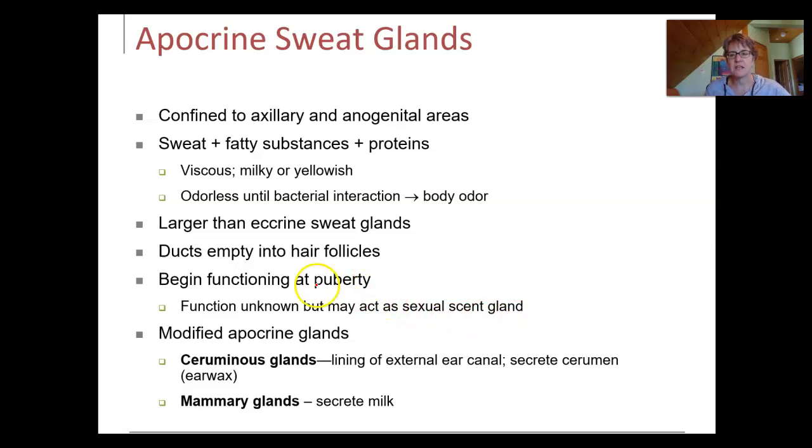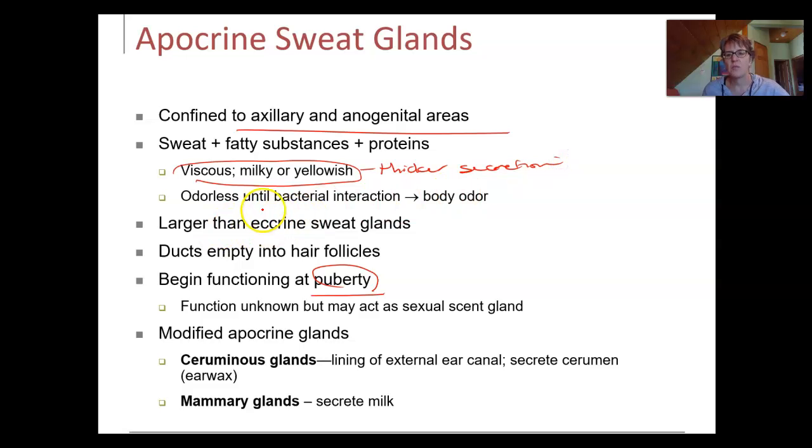Apocrine are the ones that are associated with your armpits and your genital area, active at puberty. They're larger, they're more viscous, thicker secretion, contributing to body odor. Once you get a little bacterial interaction,